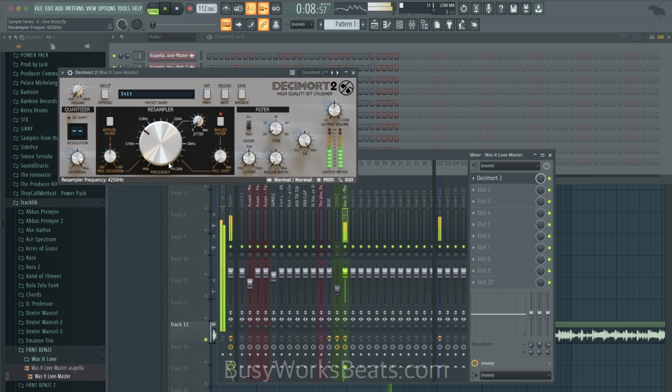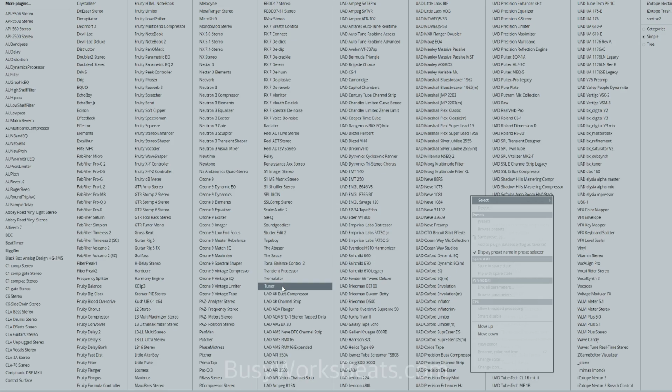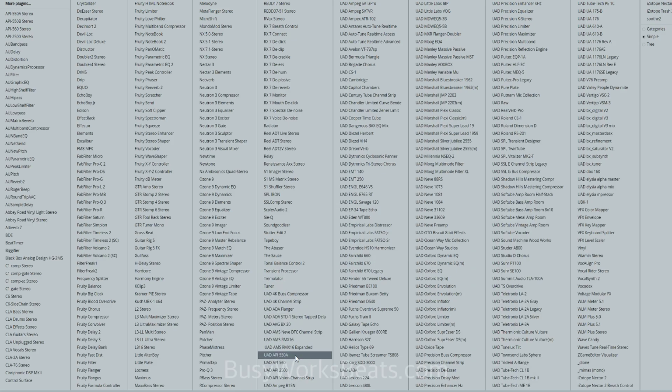So if you have stuff with bass, the bass is really going to shine because we can't hear the high frequencies when you lower the sample rate. Let's pull this back up to, let's say, 12 kilohertz. So that's one trick. You could also run it through tape emulation plugins to get that tape glue, they call it. I am going to skip the tape for now.